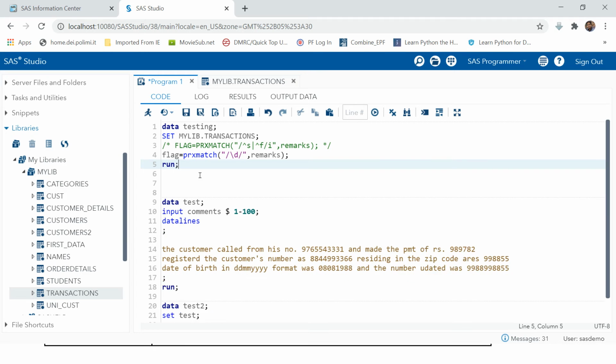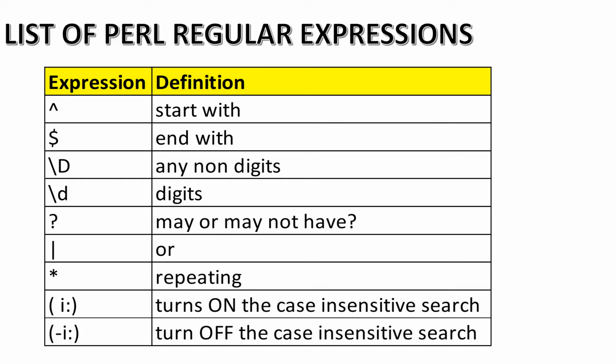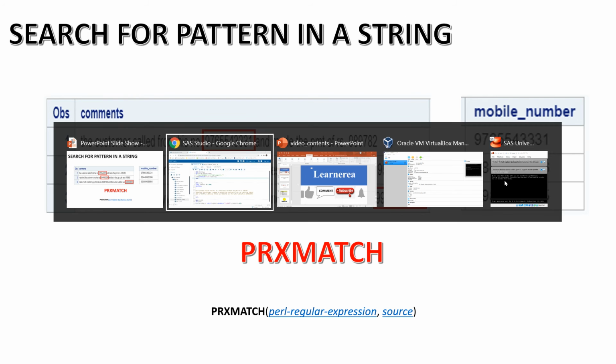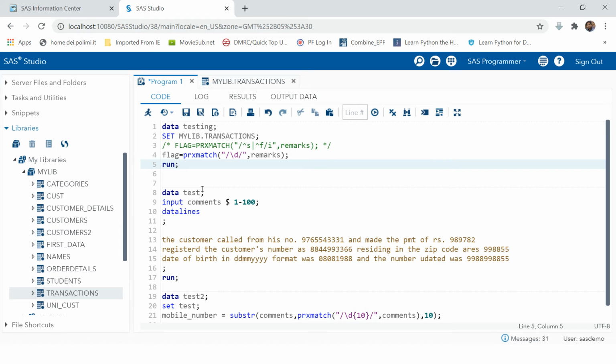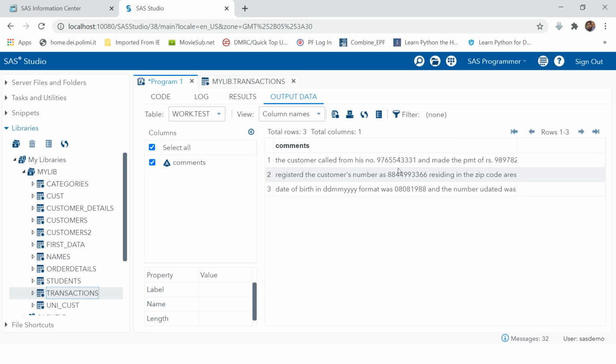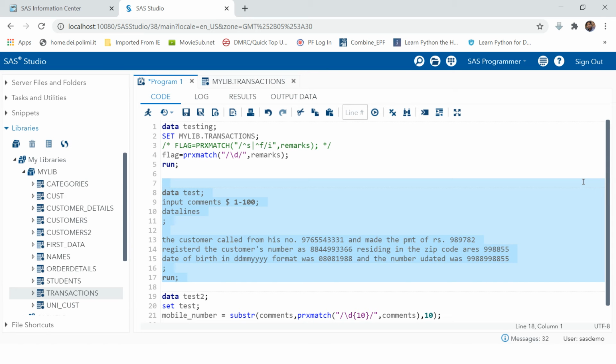Now let's go back to the main problem: extracting the mobile number. How can we extract the mobile number? So here is the data which I am creating. Now we have the data created and we have to separate all of these mobile numbers. So how can we do that? For that,